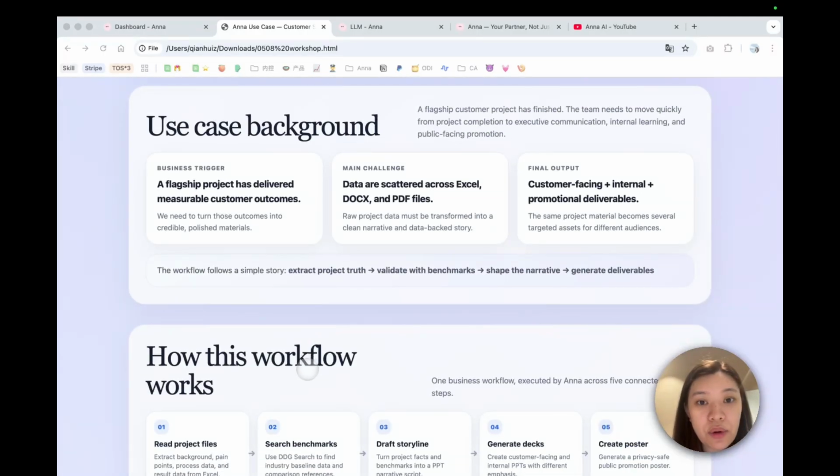Before we start, I'm going to tell you a little more about the background of this use case, so we will have a better idea of how challenging this task is. First, the business trigger is that I, as the customer success manager, have just finished a project, and this project has delivered some really measurable, successful outcomes. We need to turn those outcomes into credible, polished materials. The main challenge is that data are scattered everywhere across different types of files, including Excel and documents, and it is